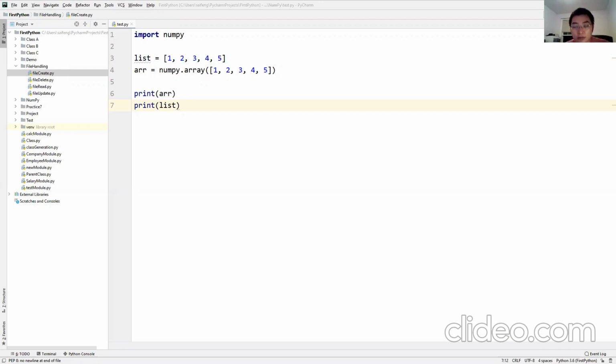File handling means using code programming to do some manipulation against the file, including what? Create a file, write or update the file, read the file, and what? Delete the file. Okay, that is one of the important modules.